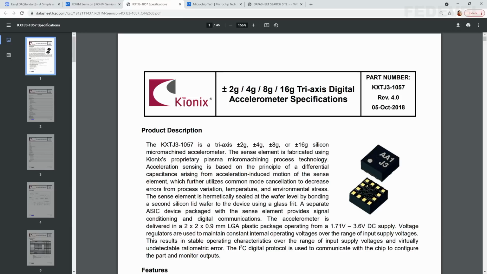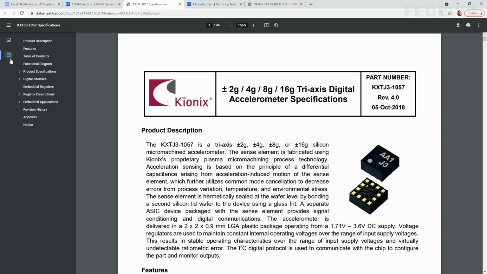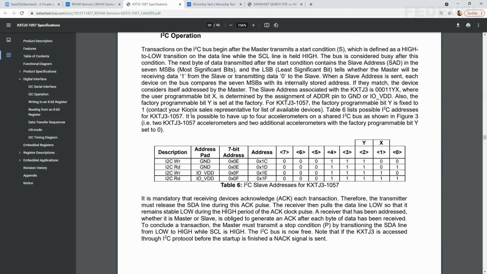We would like to see the content of this datasheet, so I'm going to click here. Now in digital interface, click on I2C operation. In this table, you can see the I2C address of this accelerometer, and the address depends on one of the pins, the address pin, and how it is connected.